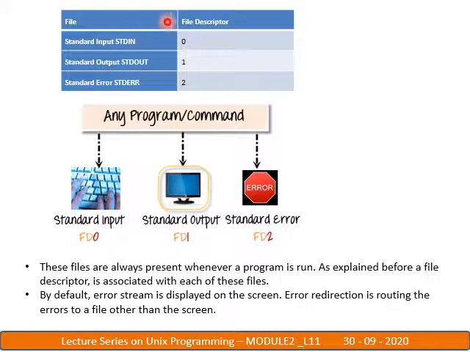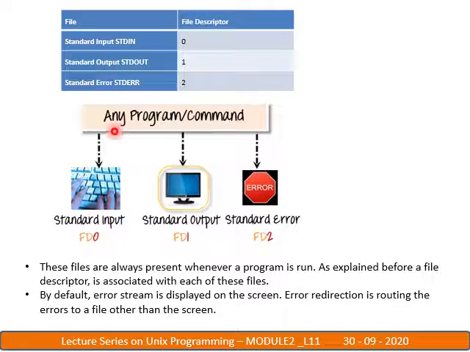Here is the file descriptor I already talked about. The standard input file descriptor, given by the shell, that is the operating system, is 0. Standard input always has file descriptor 0, standard output is 1, and standard error is 2. Try to remember these file descriptors. They never change, and they are assigned by the operating system. So stdin is assigned 0, stdout is assigned 1, and stderr is assigned 2.